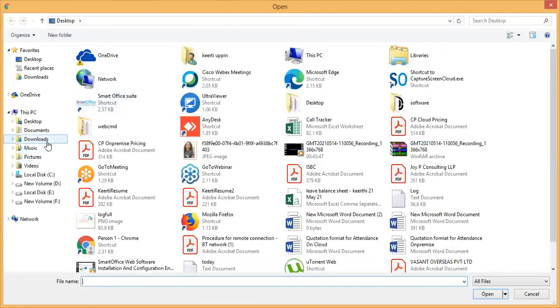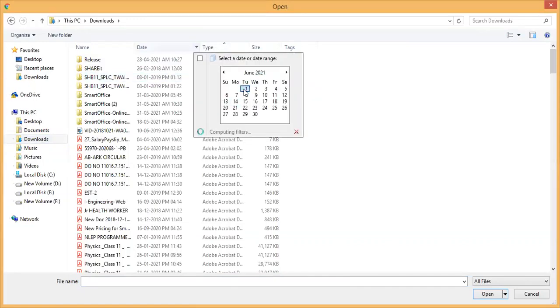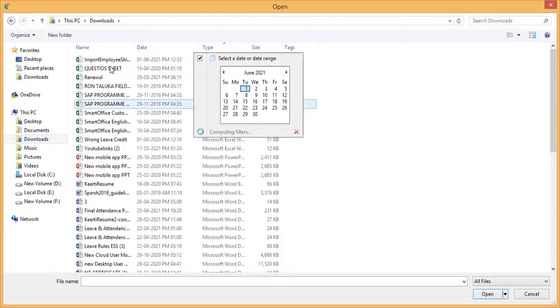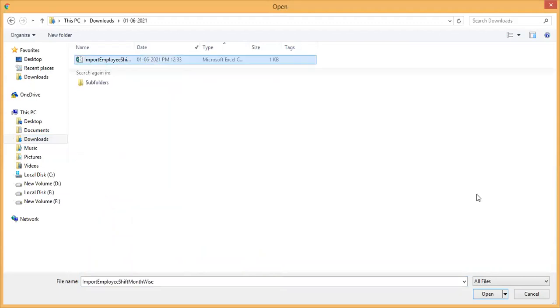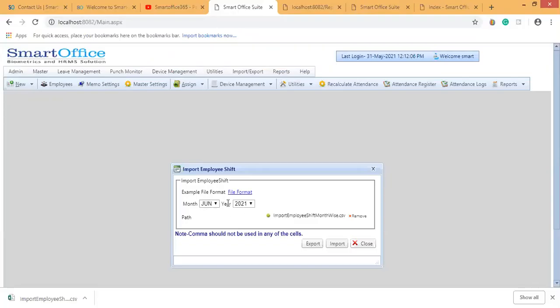It will be in the downloads, or you can keep it on the desktop also. So I'm just going to import that, import employee shift, select it, open it, and import it for the month of June, or whatever month you select.